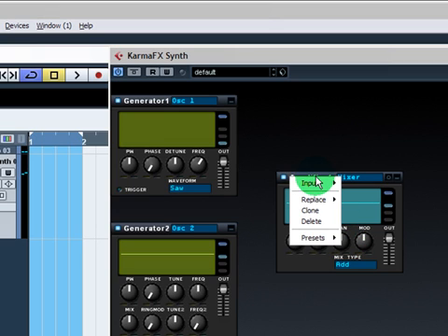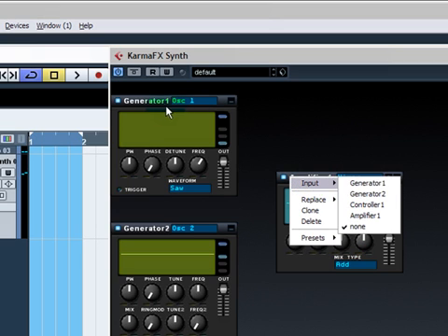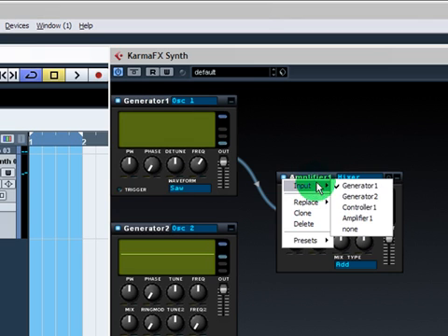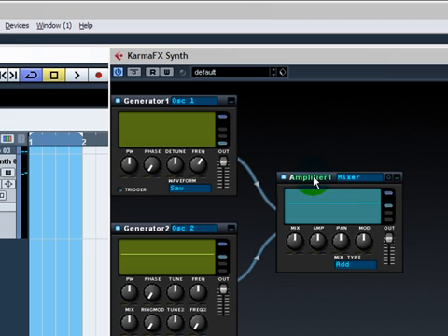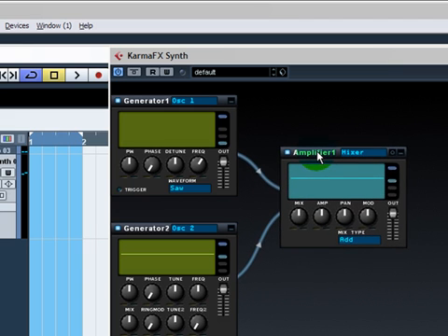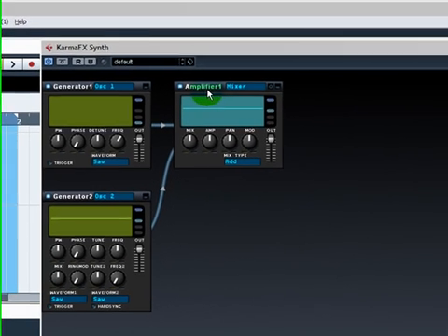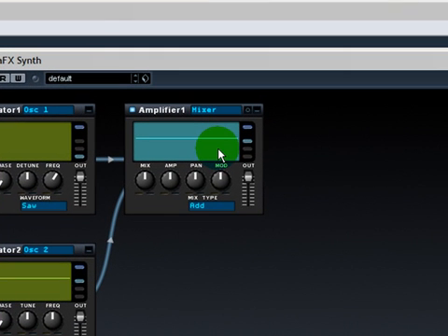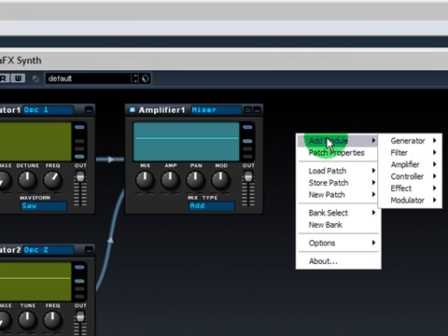So right click on amplifier, input, as you can see it's called generator 1 and generator 2, so input generator 1, input generator 2. Okay, so now we've got our 2 generators, we've got an amplifier. What we're going to do next is add a filter. Again, right click, add module,